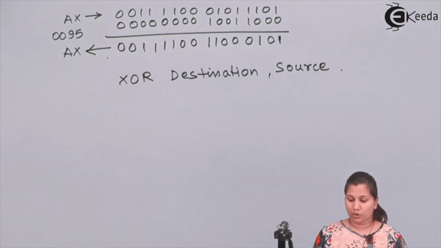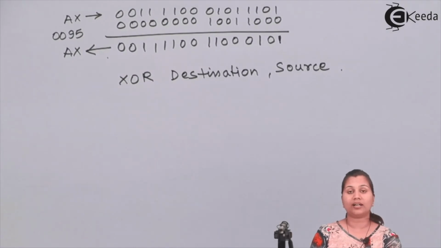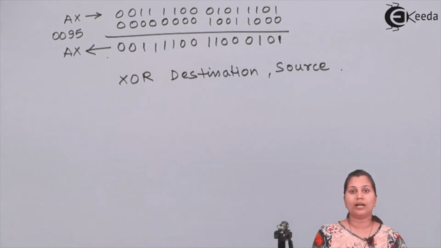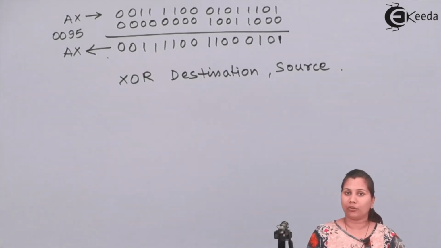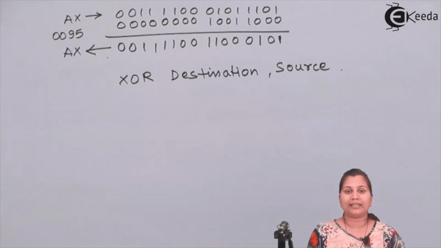So we have studied the logical instructions available in the 8086 microprocessor instruction set. In arithmetic we studied addition, subtraction, addition with carry, subtraction with borrow, increment, decrement, and compare. In logical we studied the logical AND, OR, XOR and NOT operations. So in this video we studied all the arithmetic and logical instructions available in the instruction set